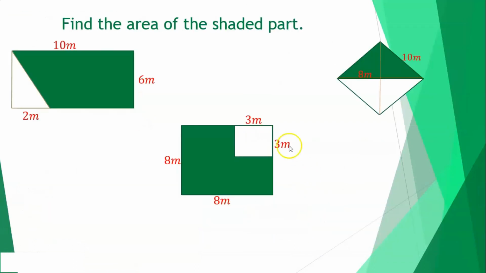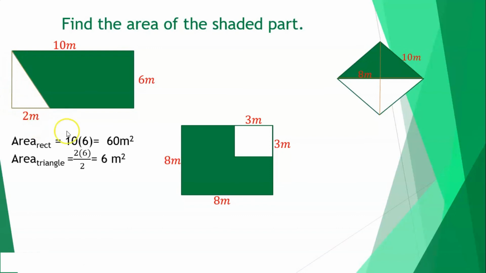So let's have this sample problem here. Finding the area of the shaded part. So take note here, first one. Area of a rectangle, that would be 10 times 6, so that would be 60 meters squared. And area of the triangle, that is 2 times 6 divided by 2, so that would be 6 meters squared. So therefore, the area of the shaded portion here would be 60 minus 6, or that would be 54 meters